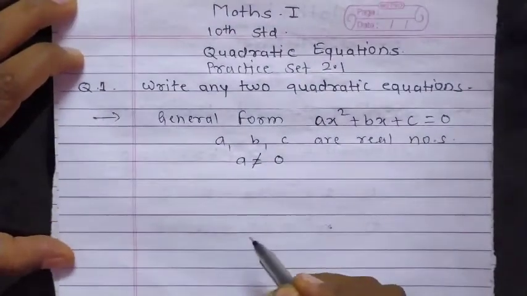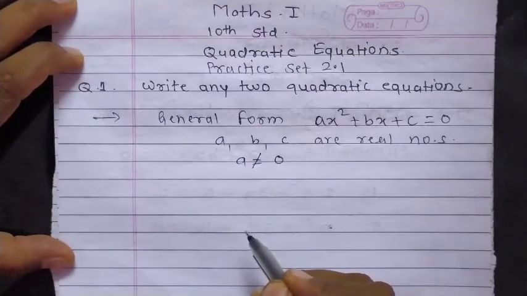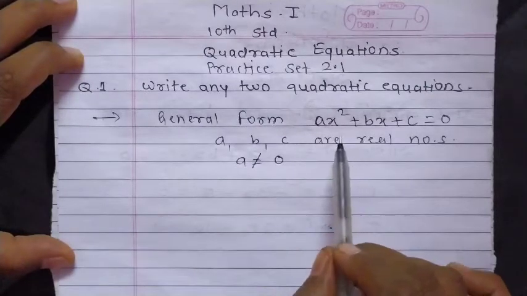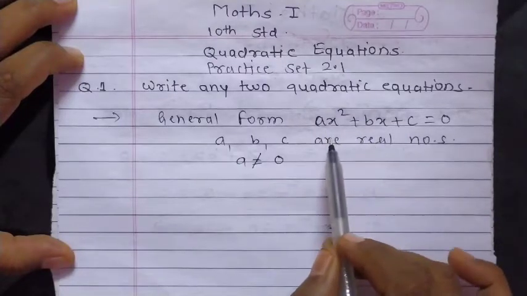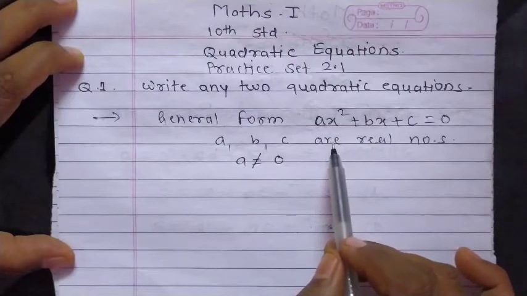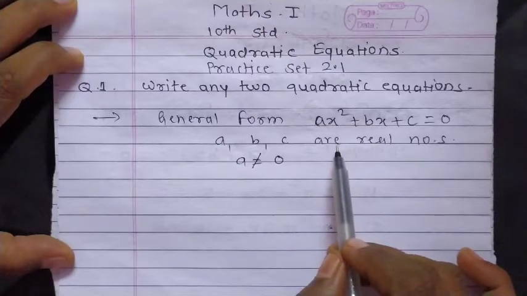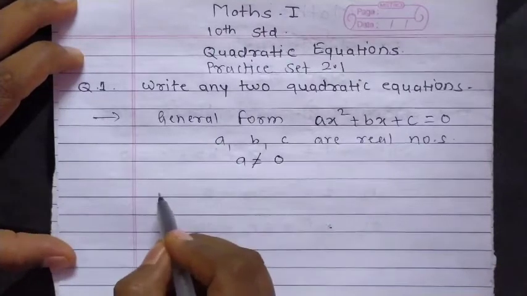Then we form any quadratic equations by putting values of a, b and c and taking variables from English alphabets A to Z. Then first is